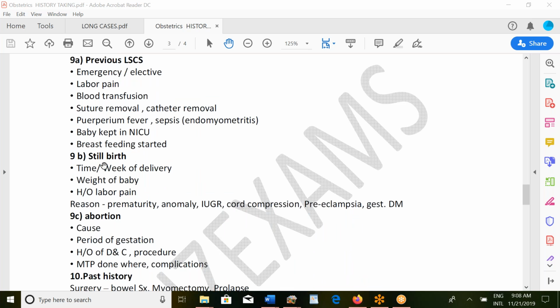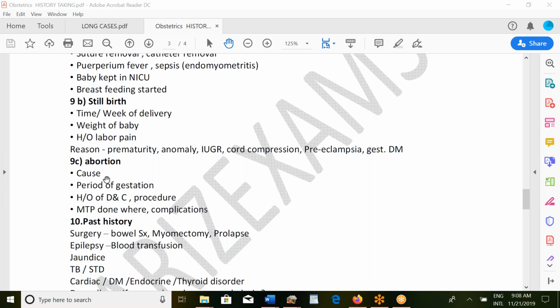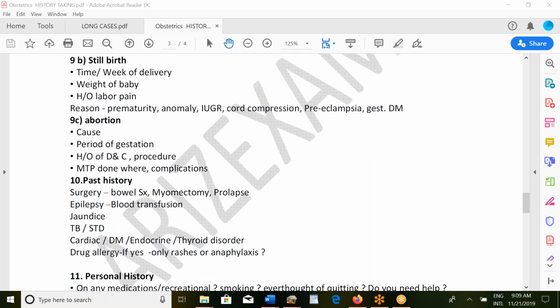Any history of stillbirth, ask about the time or week of delivery, weight of baby, any history of labor pains, and why the stillbirth occurred. Was there prematurity, anomaly, IUGR, cord compression, preeclampsia, gestational DM, any miscarriage, what was the cause, the period of gestation, history of D&C, any procedures, then any other terminations done before, what was the indication, where was it done,